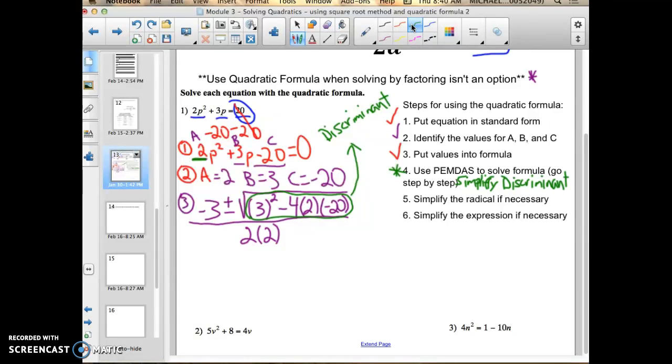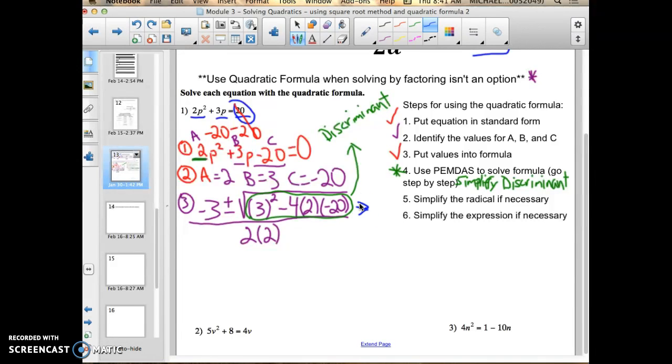So if I were to do that, I would get, if I put 3 squared minus 4 parenthesis 2 parenthesis negative 20 into my calculator, exactly like that. So I'm just doing the underneath. Don't include the radical when you put that in your calculator. I should get